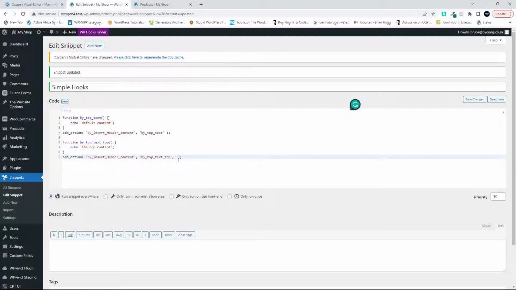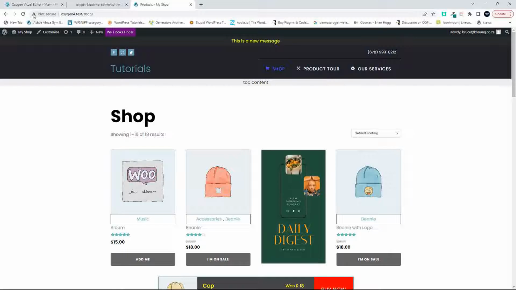And to make it the top content, I actually have to give it the number 9. So the default number that is allocated by WordPress is number 10. And that's the hierarchy or the priority of the content. So if I put this in at number 9, it'll appear on the page before that content. So if I now save this and I head over to the website, you'll see that that now appears the top content,